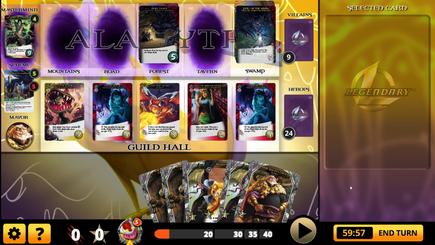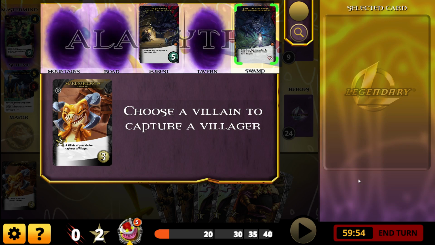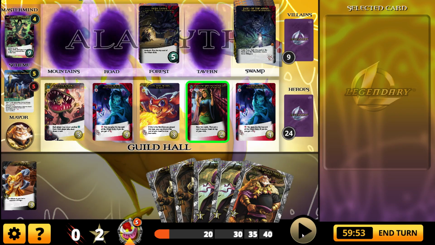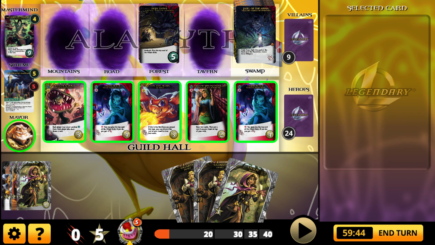Speak of it, and it'll happen, as they say. Another villager here on Pull of the Abyss. Don't really want to buy anything. Maybe I will just get another Nature's Bond. Another great card. It's got attack, and